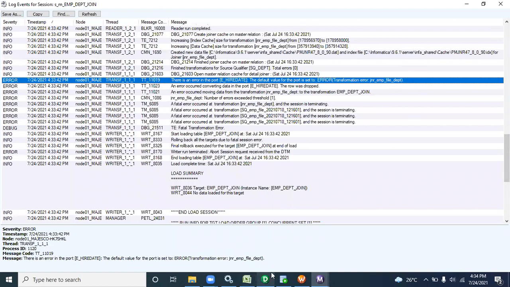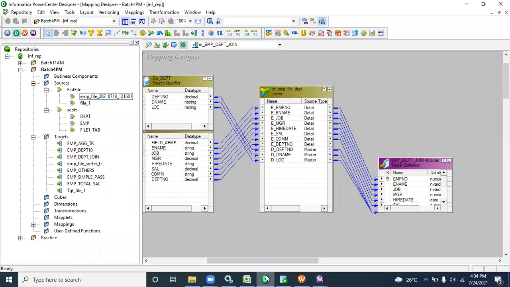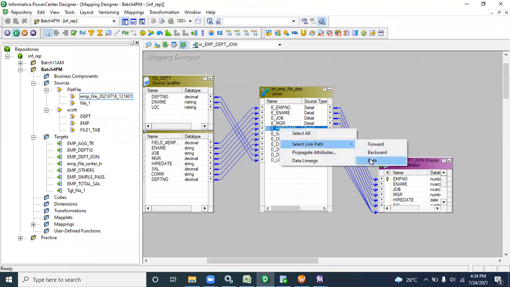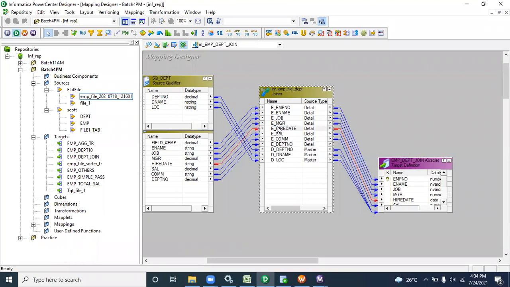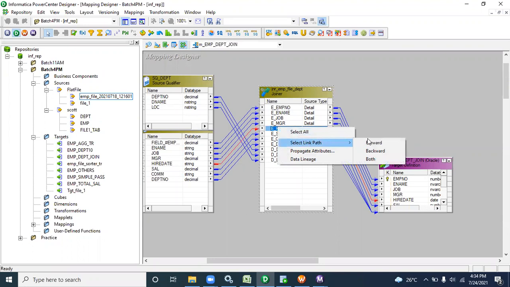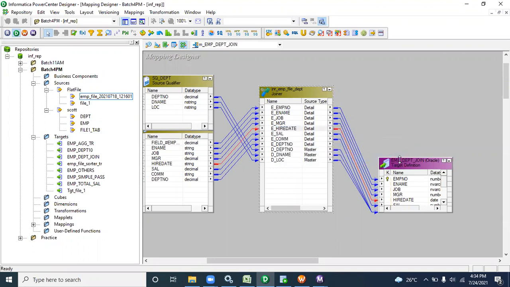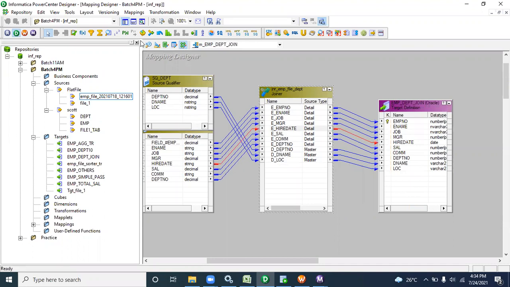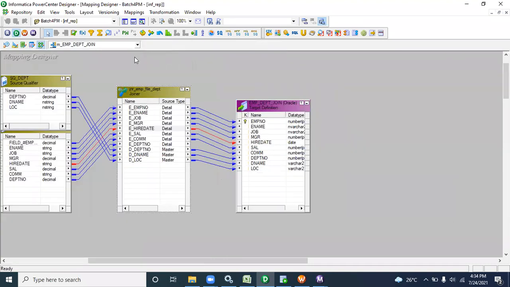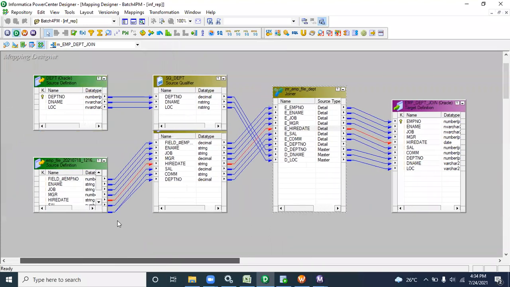That means this hire date column has an issue. Go here and check where the hire date is; select it and check the path. Just click on the backward and forward path. I need to check where the date comes from and what the data type is. You can check from my source, it's coming as a string, but I am putting it into a date. The hire date target is date. For that reason, it's giving an error.